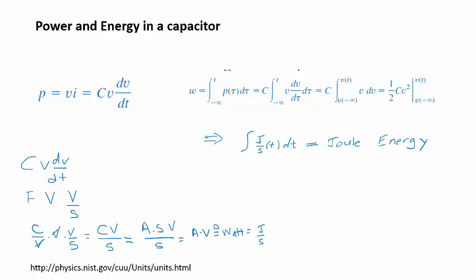Energy and power in a capacitor. I stated at the beginning of the presentation that power is not generally dissipated by the device, but it can store energy and release energy, and energy released over a period of time would be a power supplied. So power by definition is current times voltage. Here's the definition right there. So I can substitute in what current is, C dV/dt,